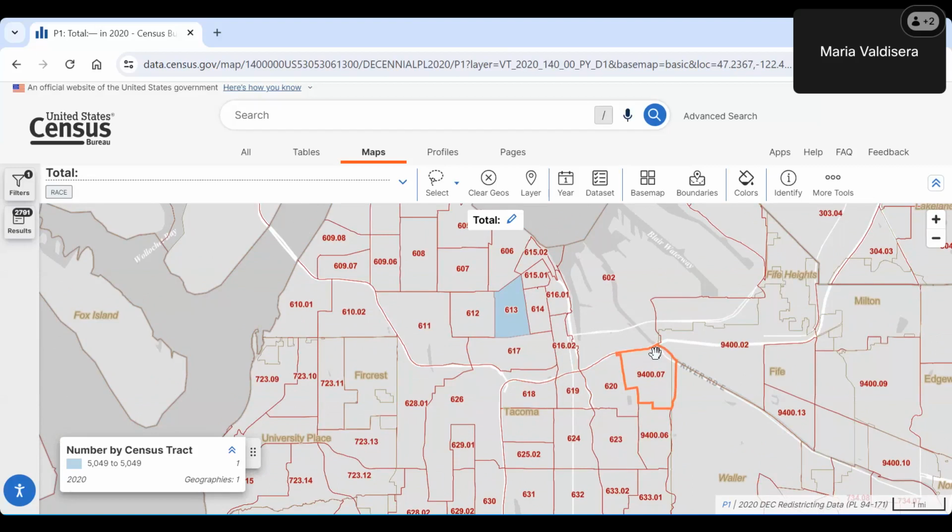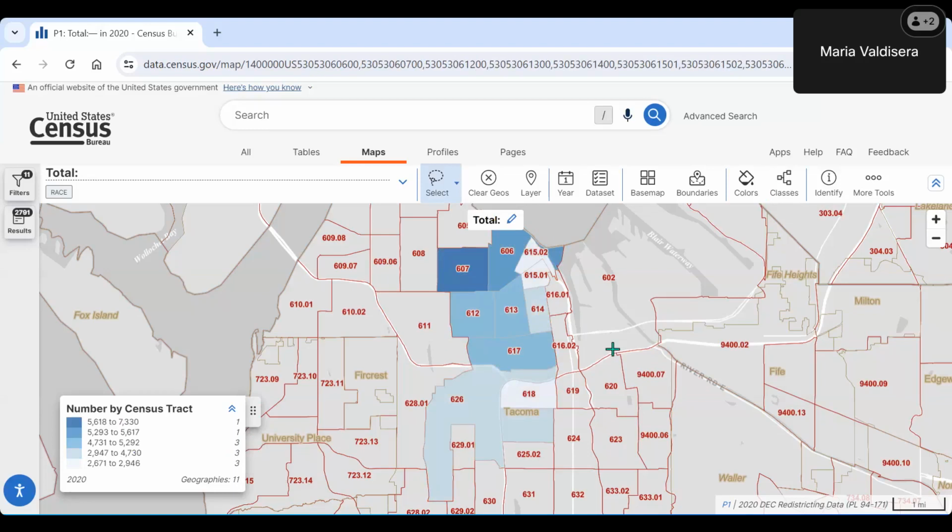So the map will show boundaries for our primary layer, which is census tracts, and then our selected style, which is place. So the other thing that I wanted to show was the selection tool. This allows you to draw either a box, circle, or custom shape, what we call a lasso, to select census tracts in bulk. So I'm going to select the lasso, and then I'm just going to draw a lasso over the area that I want to select. And any census tracts that the custom shape includes or touches will then be added to your selections.